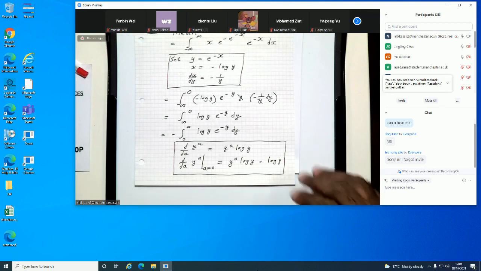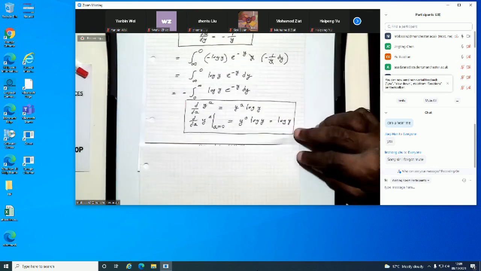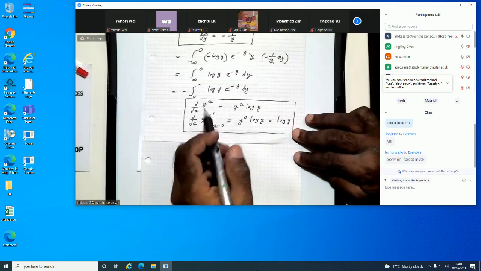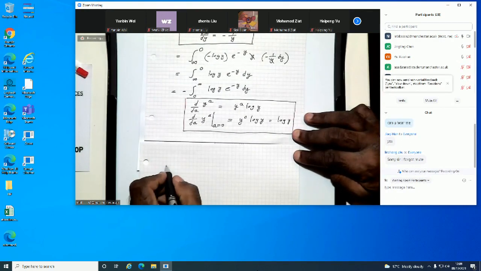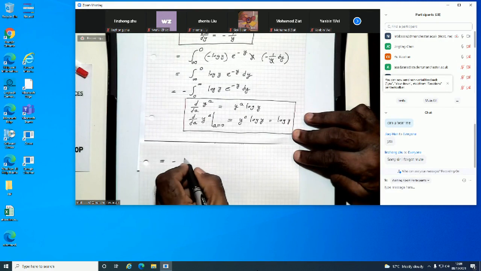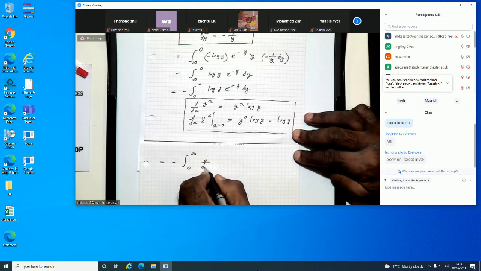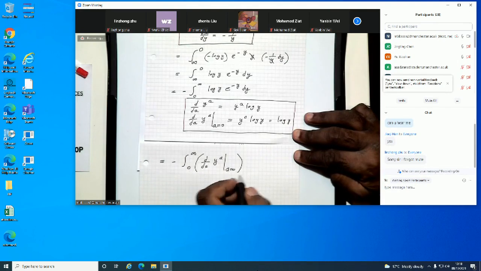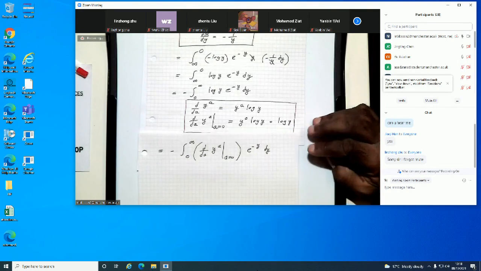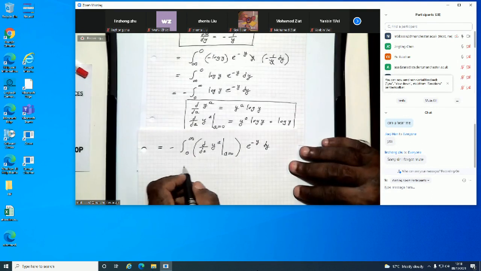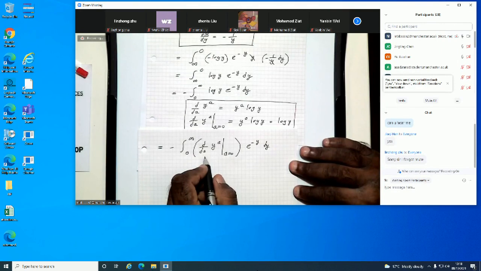All right. Okay, now the next thing I'm going to do is replace the log of y here by the left hand side. All right, so this becomes this, yeah? Now, the next step, I'm going to take the derivative, the operation of derivative outside of